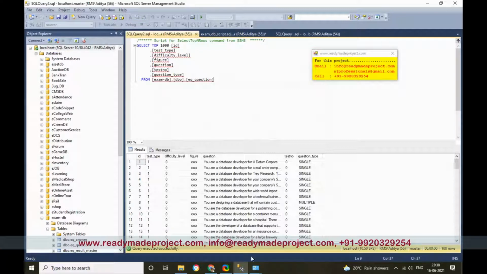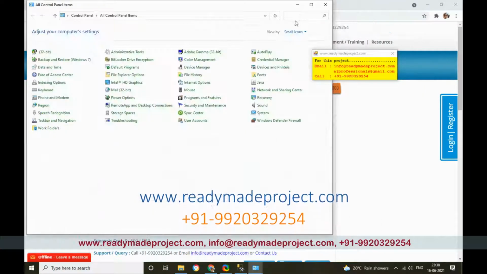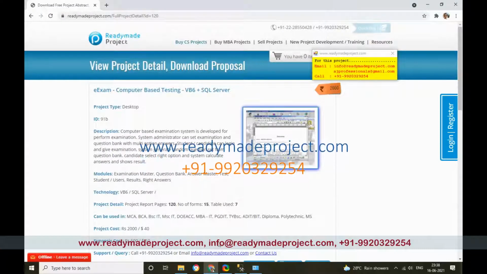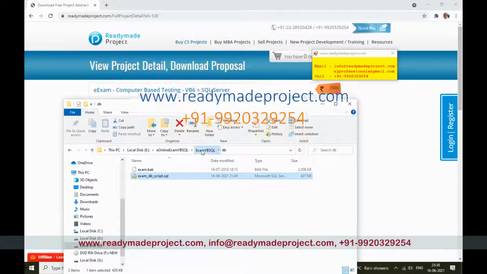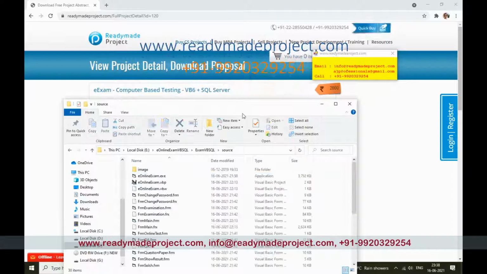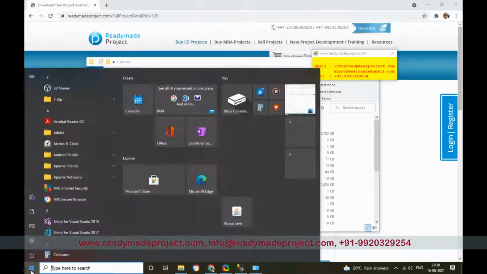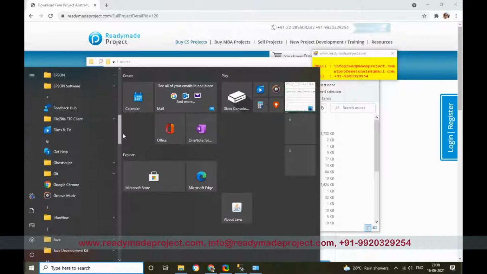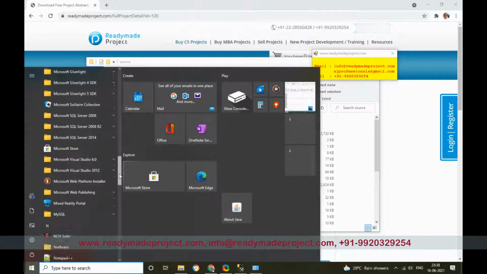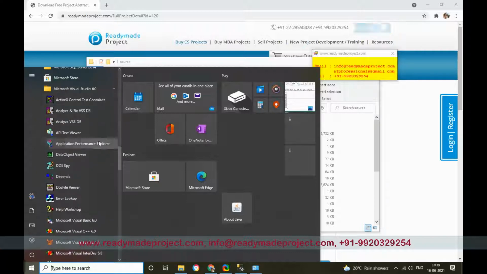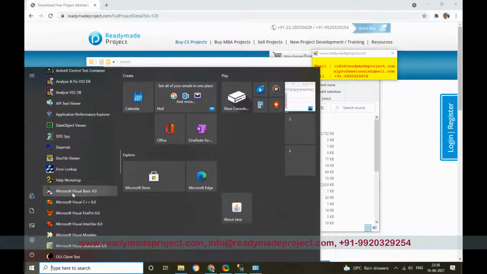Now once it is done, you have to open your project. Close all this, and in your project folder you will have a folder called source code folder. Copy this path, and then start your Visual Basic 6.0. Just scroll to Visual Studio, then 6.0. It will work in this Visual Basic 6.0. Right click here,